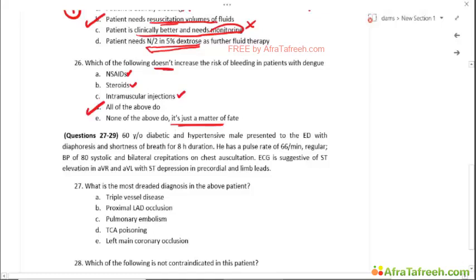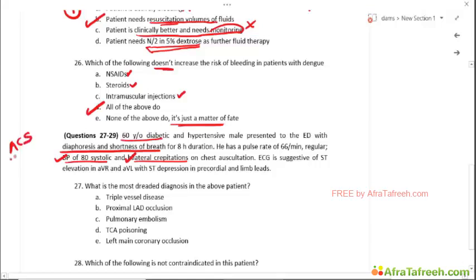which comes back to the classical cardiovascular decision tree. Okay, so this is a 60-year-old diabetic and hypertensive male who presents to the emergency department with diaphoresis and shortness of breath for 8 hours duration. He has a pulse rate of 66. He is hypotensive with bilateral crepitations on chest auscultation. Okay, so this looks like cardiogenic shock to me. There is congestion, there is hypotension, plus risk factors for an acute coronary syndrome. Okay, so this looks like an acute coronary syndrome with cardiogenic